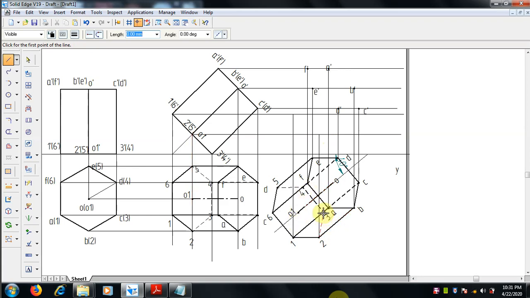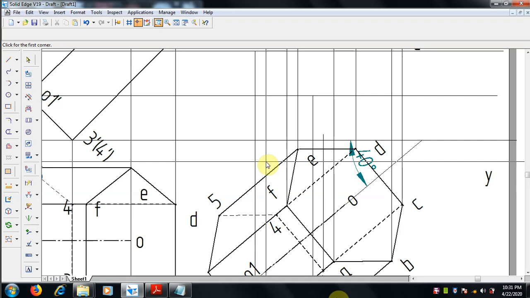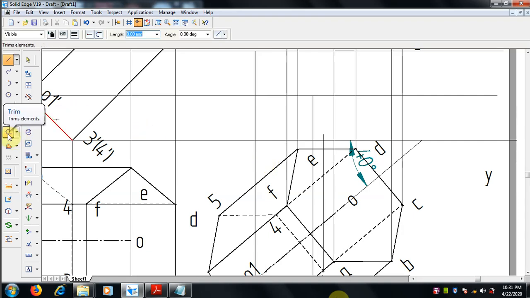Select properly where it gets in the end point of this, and it is here. So if extra comes, we can go for trim it. By using trim command, select the unwanted portion and trim it. Okay, fine.